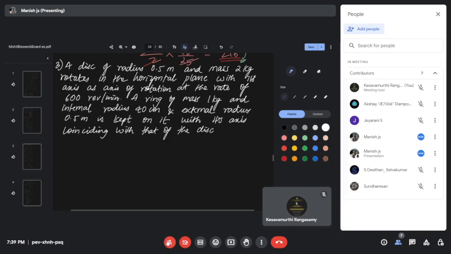With that of the disk, okay? So the speed of rotation of the disk